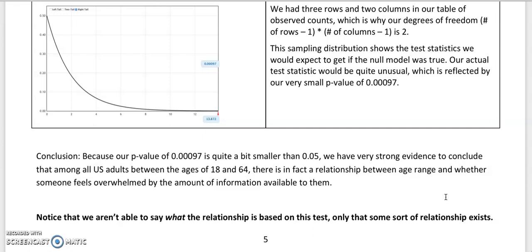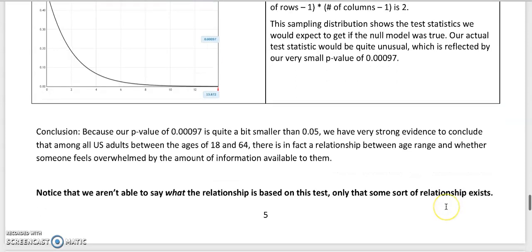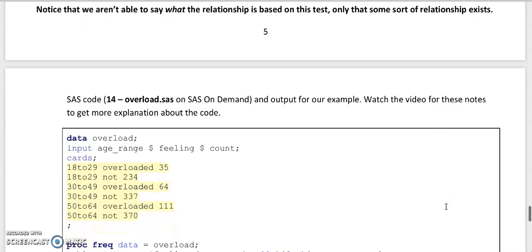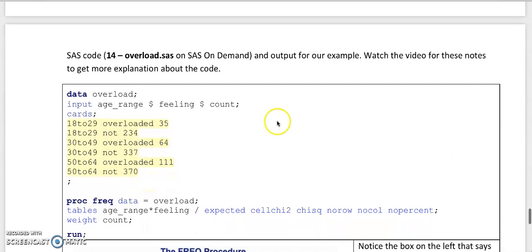All right. So the last thing for Notes 14 is I just want to show you briefly how we can do all of this in SAS. So just like previous sections, you've seen where all these numbers are coming from. You could calculate them if you needed to, but a lot of times we're going to use SAS to do this for us. So I've included on SAS On Demand a file called 14-overload, and this is what our data